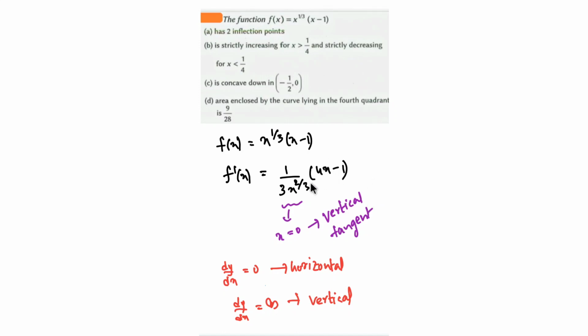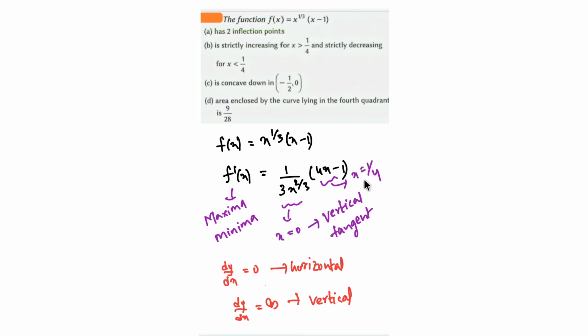And the other thing is this one, okay, at this point, this is 0 at x is equal to 1 by 4, isn't it? This is 0 at x is equal to 1 by 4. So now I need to get clarity. If f dash of x is 0, then we have two possibilities. Either it can be maxima, or it can be minima, isn't it? Either of these two possibilities we have, but I need to make sure what that point is. Is that a maxima point or is that a minima point?